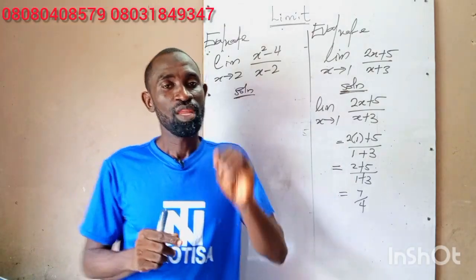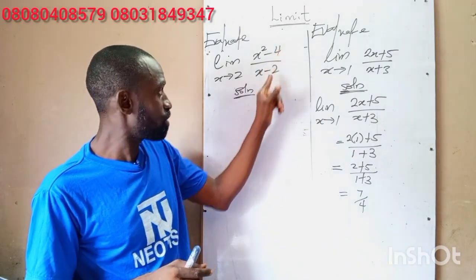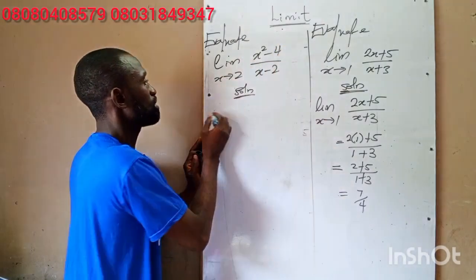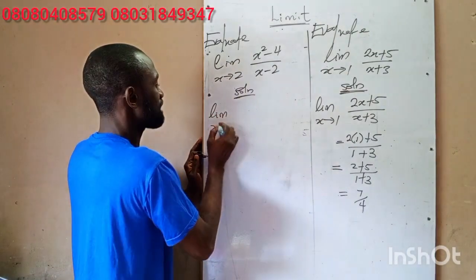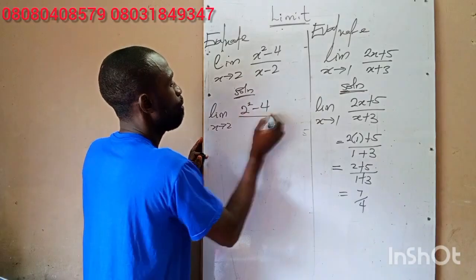I repeat, anytime you see a question that involves a fraction, like this one over here, this is a fractional question, then after direct substitution, you see that when we use direct substitution, the limit as x approaches 2, we're having 2 raised to power 2 minus 4, all over